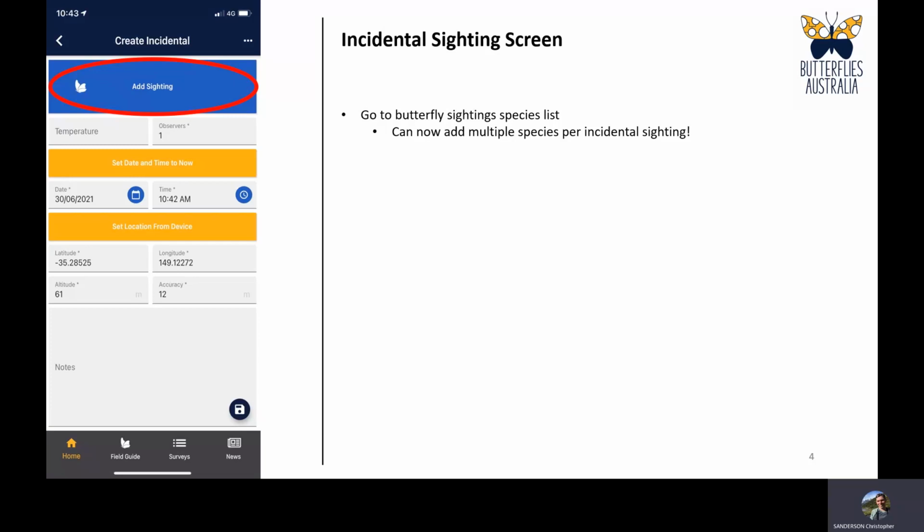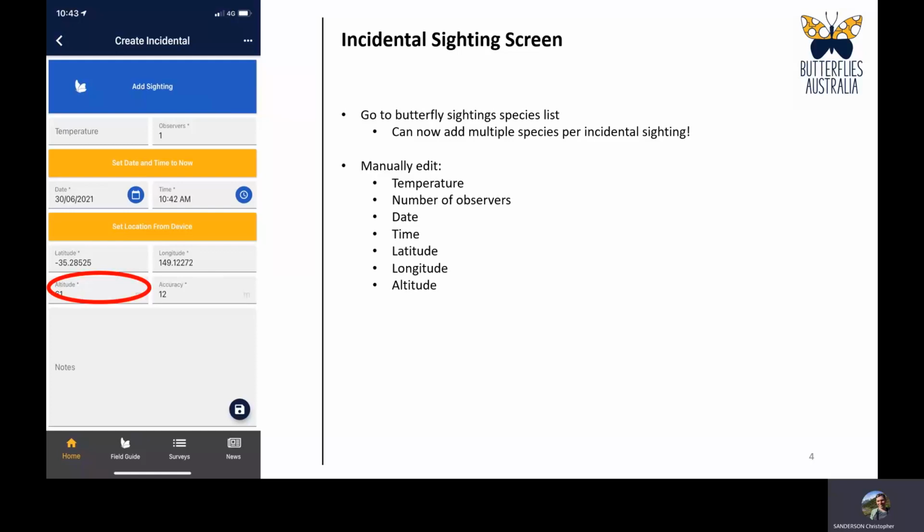You will often see more than one butterfly at a time. So rather than having to go through that form multiple times, you can now add all three of those species all at once. You can manually edit all of the fields here, including temperature, number of observers, the date, the time, latitude, longitude, altitude, and accuracy. So as you can see, most of those are set automatically when you open the incidental form, but you can click on each of those fields and a keyboard will pop up